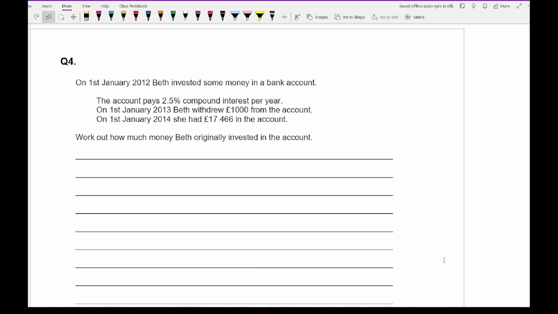So what we need to do here is work backwards from compound interest. Now let's have a look at a certain situation. Let's imagine that we're starting off with the original amount, so that's going to be x. Now if we multiply that by, and we're looking at an increase of 2.5%, so that's going to be multiplying by 1.025 to the power of 1, and that gives me the answer of how much she has at the end of 2013. Now at the end of 2013, she then withdraws £1,000,